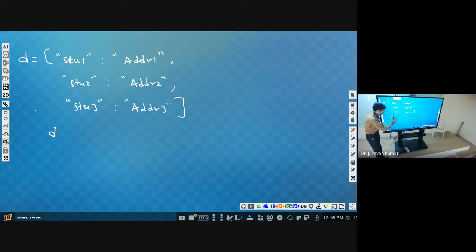Student name itself is the index. Consider here that address itself is the name of the dictionary. So address of, I will give the name of the first student. What will it give? The address of the first student.